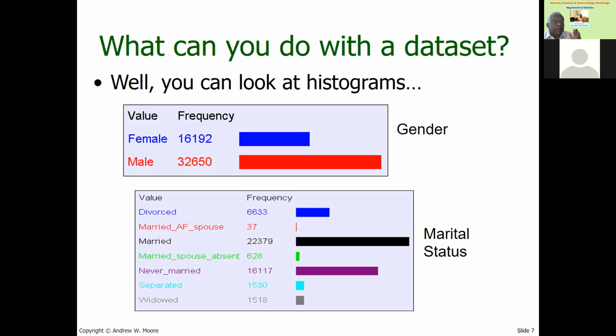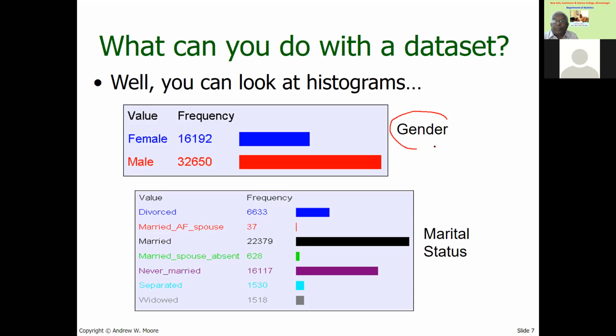What we can do with this data? See, always it is the first step that we go for summarization of the data. The summarization may be in terms of frequency, maybe in terms of descriptive statistics, maybe in terms of some graphical visualization, something like this. So you can see here, this is the data visualization of